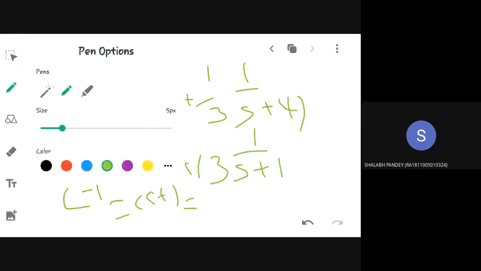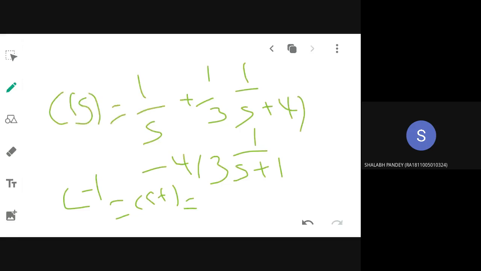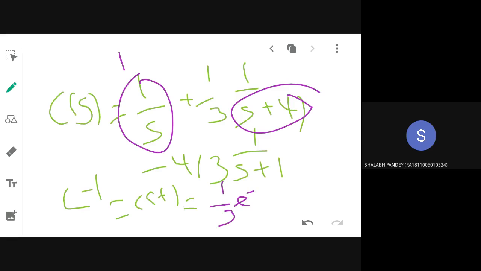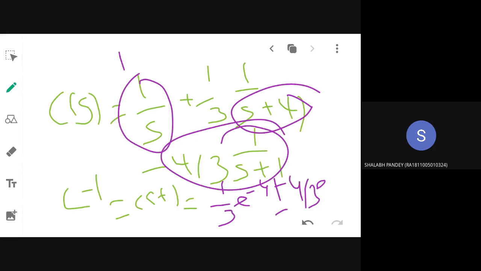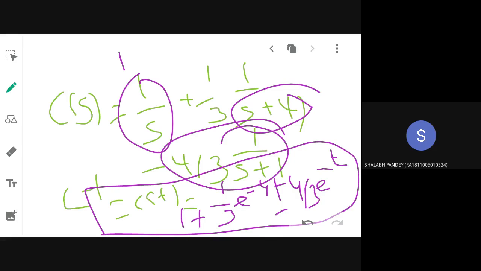This way also you can solve. The inverse Laplace transform here is 1. This one will be 1 by 3 into e power minus 4t. For this one it will be -4 by 3 into e power minus t plus 1. This way also you can solve. Or the other way around, if you know the ready-made formula for the final C of t, directly you substitute what is omega and zeta in the formula. You will get the same answer in both cases.